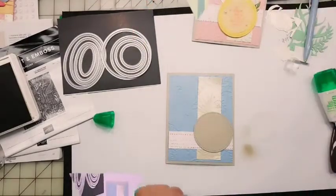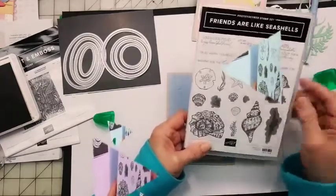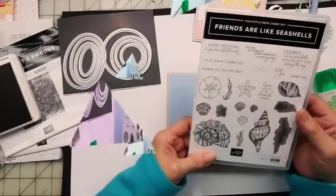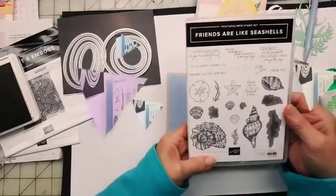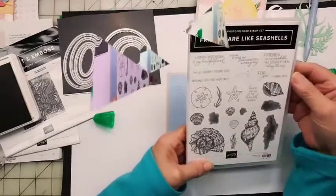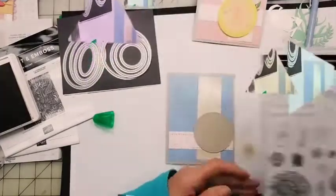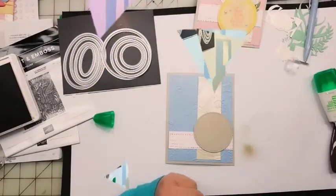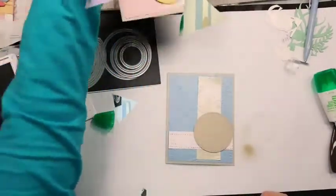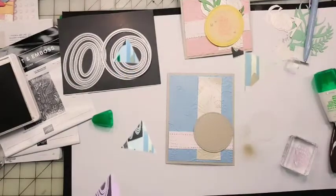and I'm using this Love to the Beach and Back. You could easily use this for Valentine's Day, but it has lots of sayings on it. Happy birthday. Friends are like seashells. You collect them along the way. But I'm going to use the Love You to the Beach and Back, and I'm going to stamp it in